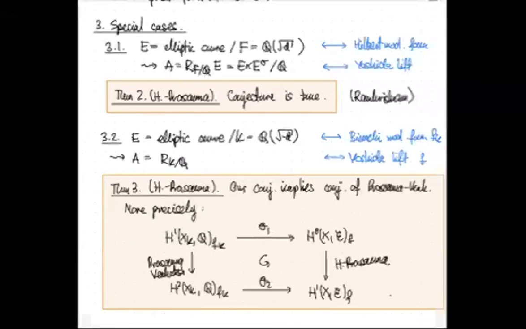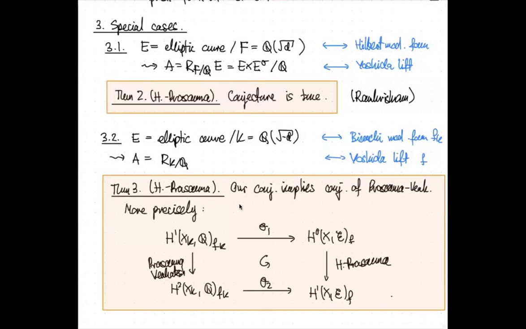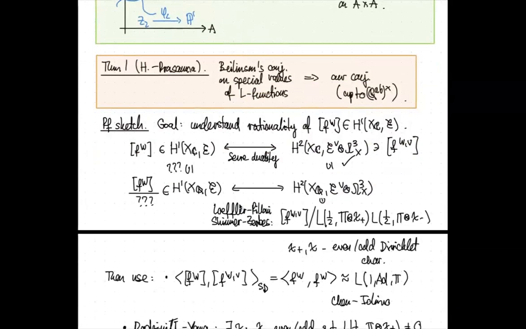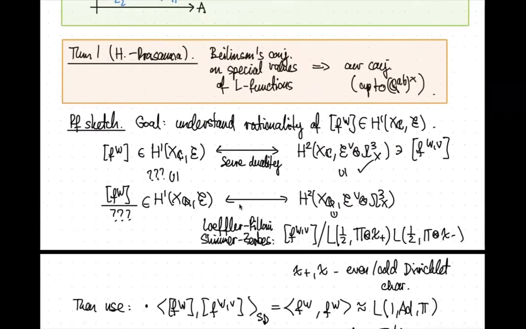Yeah, thanks for the nice talk. I have a question about your theorem. I guess Theorem 1, when you have this Beilinson conjecture implies your conjecture, and then here, just a naive question: why do you have a rational structure on H^2? Is it because you take the dual of this E and then tensor it, or why don't you have? Oh, sorry.